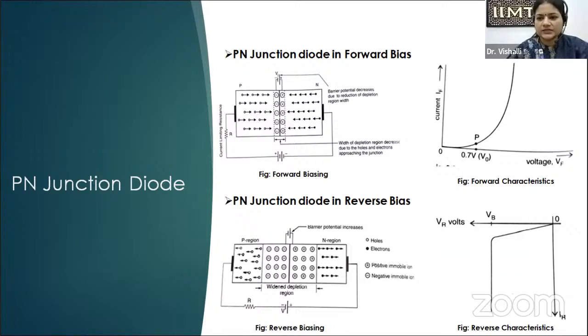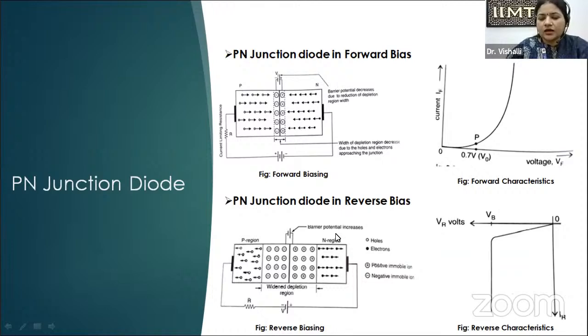So in the forward bias, these are the forward characteristics shown in this figure. In the forward characteristics, we are basically plotting the voltage against the current. It can be seen that initially the current rises very slowly, but after some point, the current starts to increase with a slight increase in the voltage. So we can say that after this point, the diode starts to conduct and the current starts to flow. In forward bias, there is a current in the circuit, and this current is due to the majority carriers present in the P and